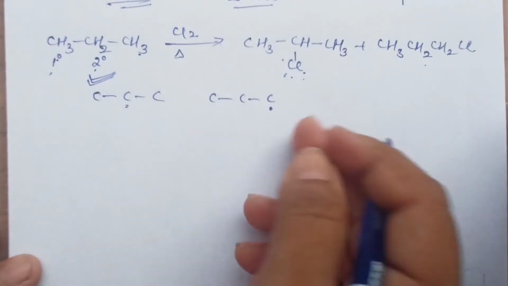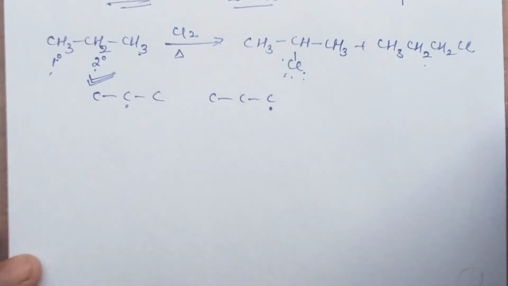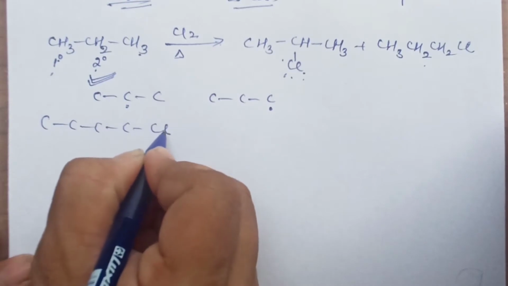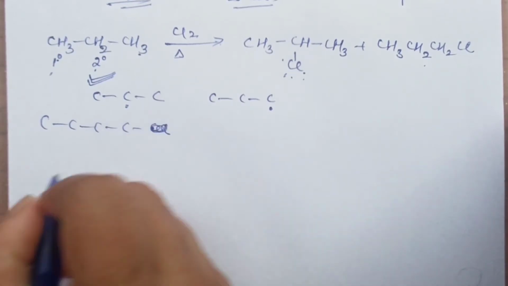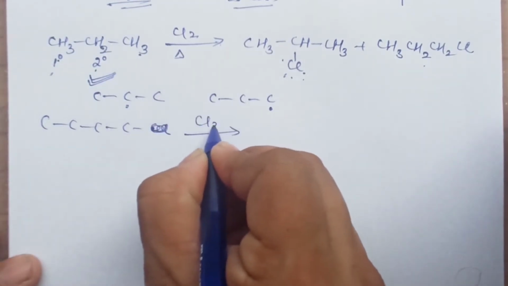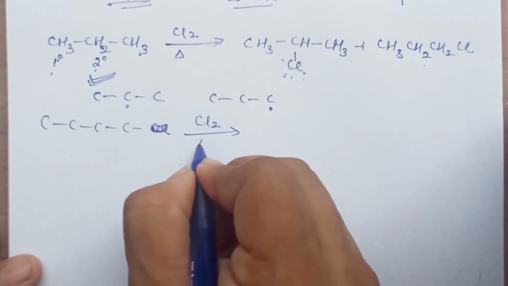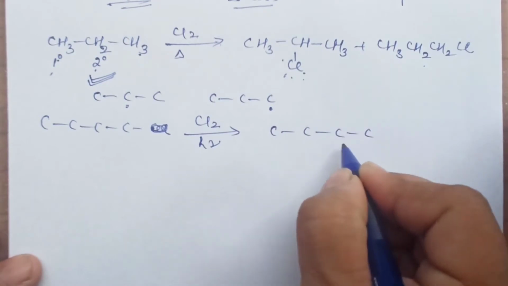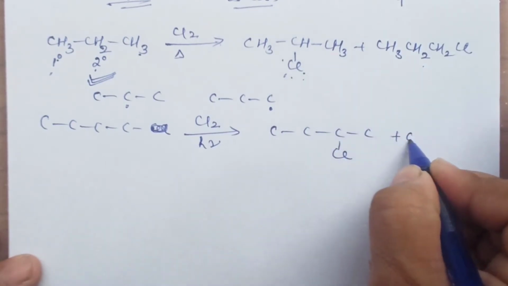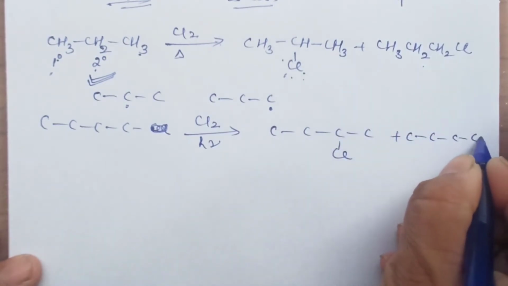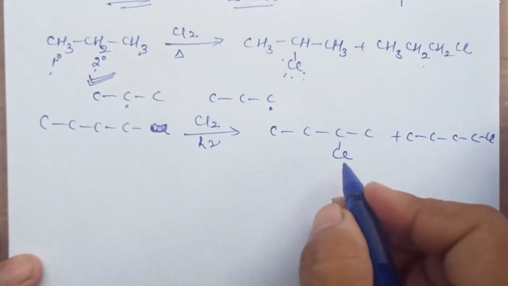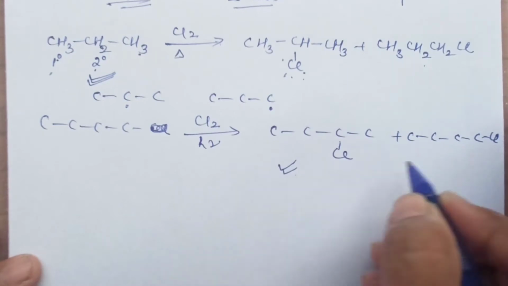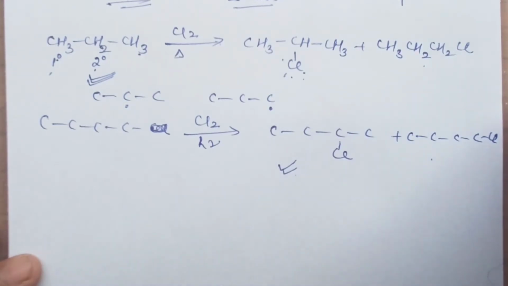Likewise, you can compare with 4 carbon atoms also. Normal butyl or secondary, which will be more? Secondary will be more. Suppose you have a 4 carbon atom alkane, and you carry out its halogenation in the presence of light. You are heating it. When you are heating it, which will be the major product, children? Secondary. This will be the minor product. Why? I told you secondary free radical is more stable. So this will be the major product. Here the difference is slightly more. This is 72% and this is 28%.